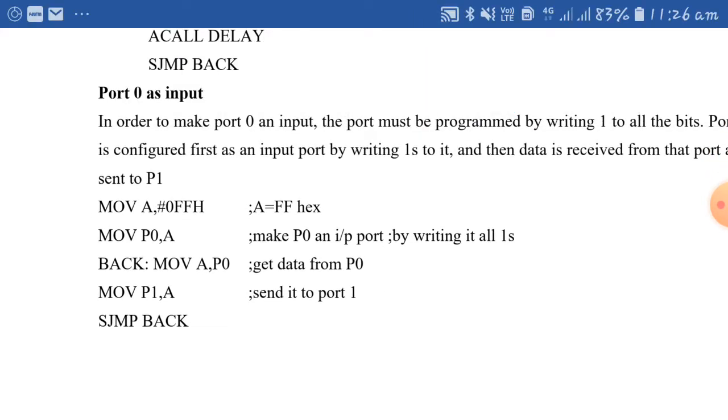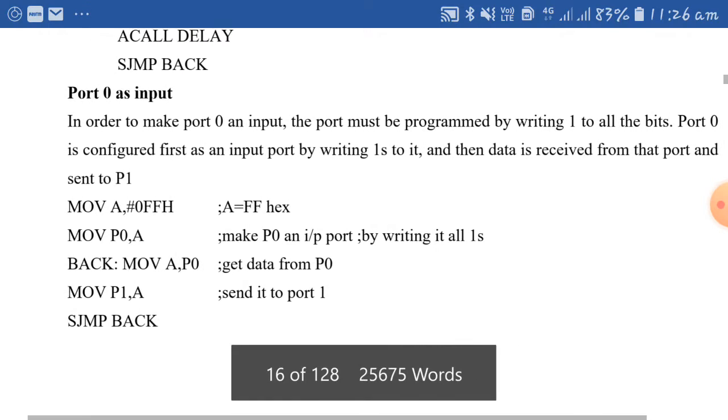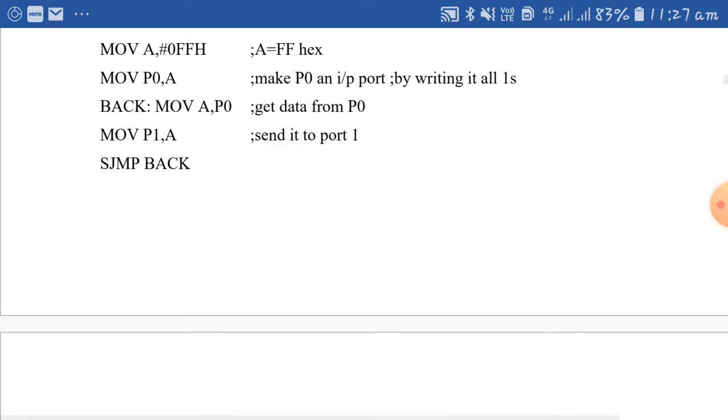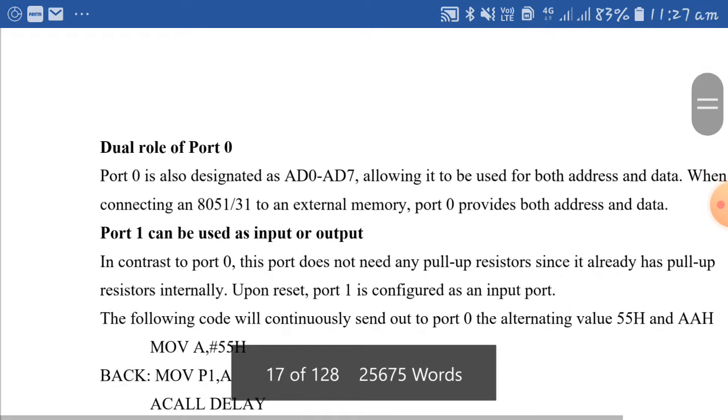To use port 0 as an input, you have to write 1 to all the bits of port 0, so it is first configured as an input port by writing 1s to all 8 bits. Then data is received from that port and sent to P1. This is the way to make it an input port for port 1.